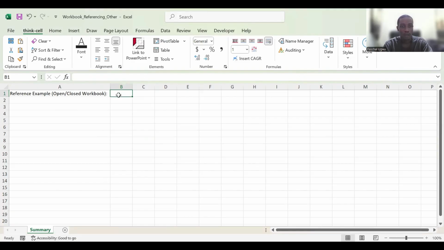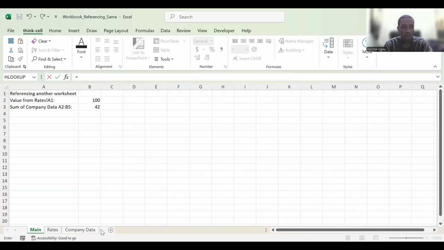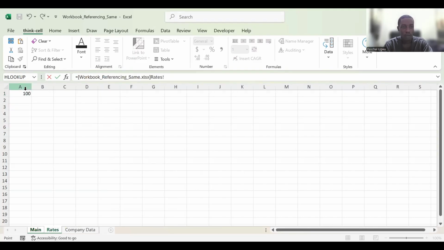So the first thing I will do is add my equal sign here. This is the workbook referencing order, and the other one is workbook referencing same. So let us select the workbook referencing same now, which is this. If I click on this, I want to refer to this rate. So if I click on this rate, you can see the formula I have here: workbook referencing same,